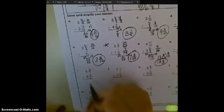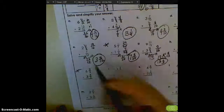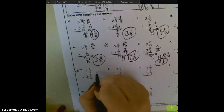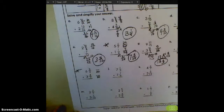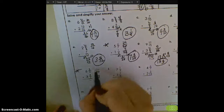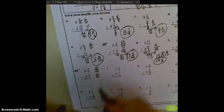Moving on over, another one where there's a double one, another optional one. We're going to come up with a common denominator of 20, because they both can be multiplied by something to get to 20. 4 times 5 is 20, 3 times 5 will be 15. 3 times 4 is 20, 4 times 4 will be 16. So we add them up, and we get